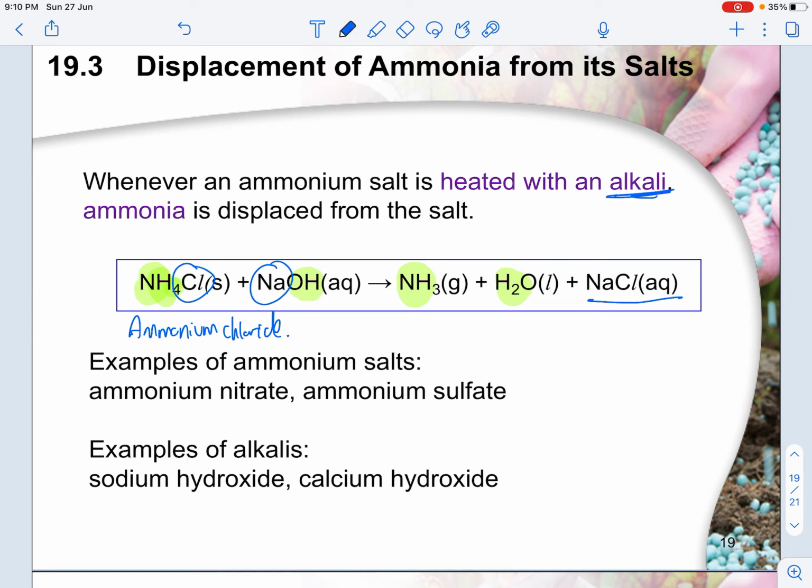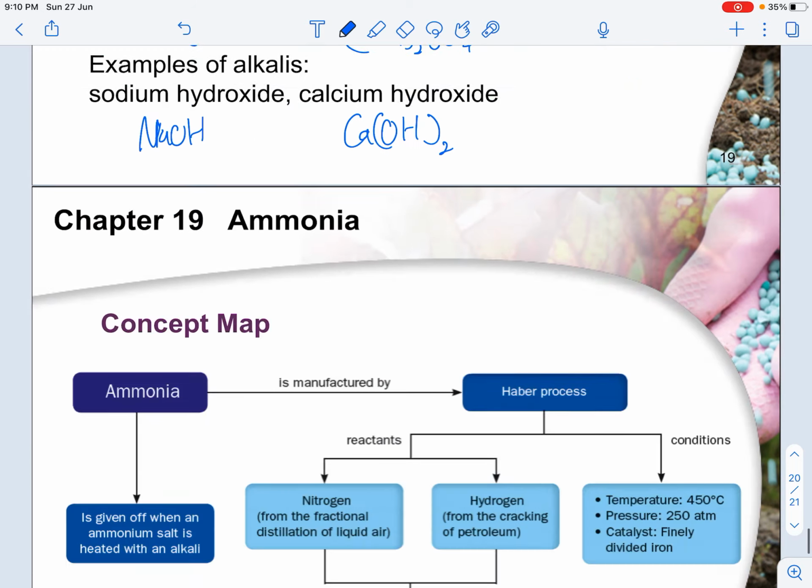Ammonium nitrate is NH4NO3. Ammonium sulfate is (NH4)2SO4, because sulfate is SO4 2 minus. Okay, crisscross. Okay, examples of alkalis, you have your NaOH, a very popular one, and your calcium hydroxide. Okay,